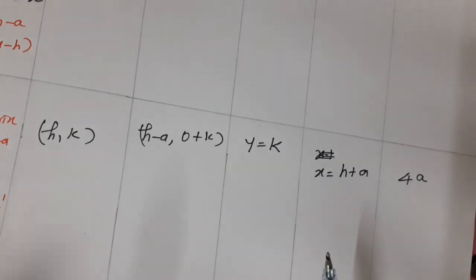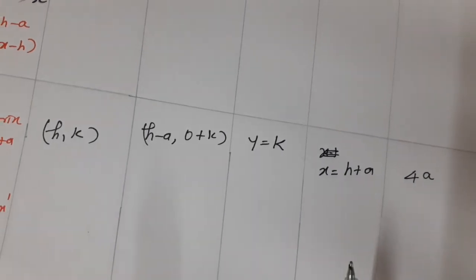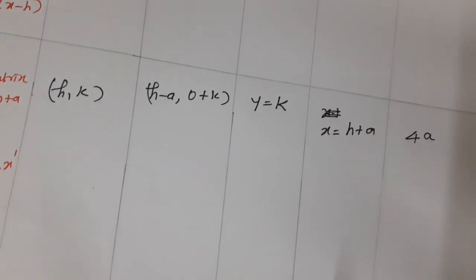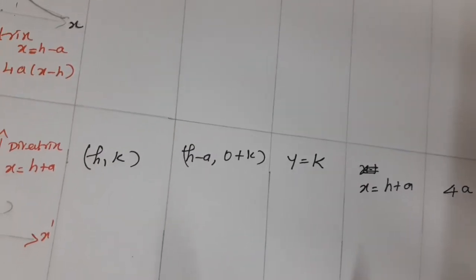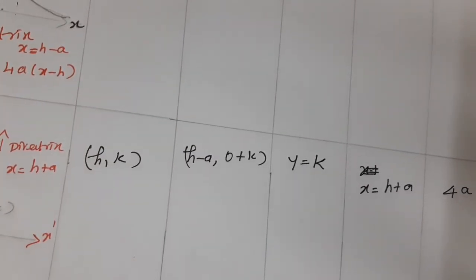Try to draw and learn by yourself. Then you will easily understand conics, especially the parabola. The parabola has only four types. After learning the parabola, you are going to learn about the ellipse and hyperbola, so first understand the parabola very well.